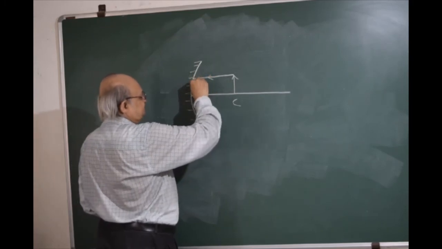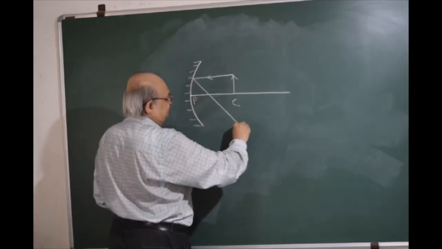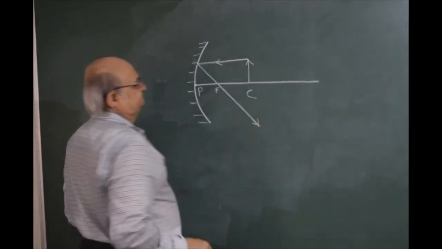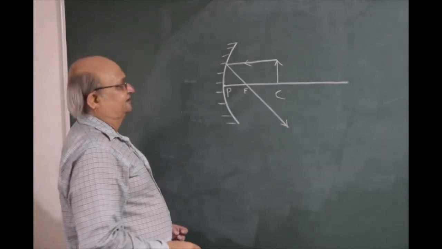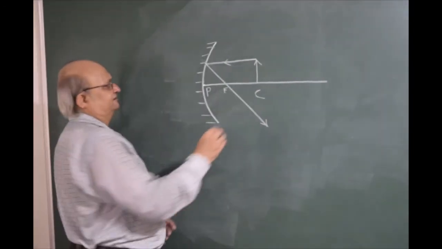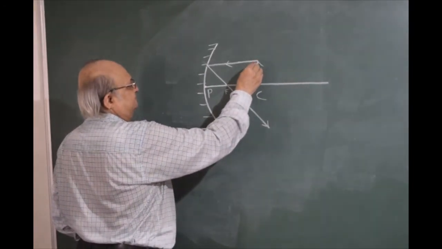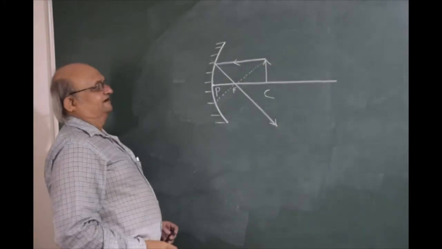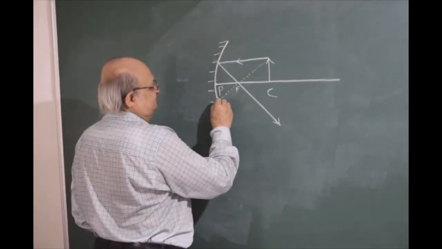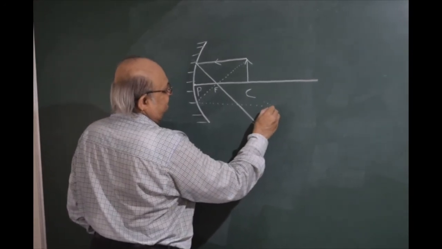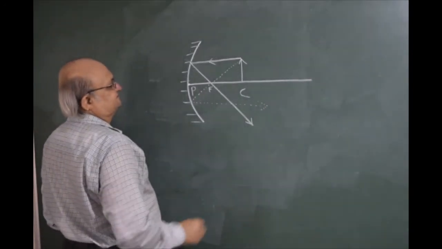No choice. After reflection will pass through the principal focus. And now we draw the third ray anywhere. We can draw a ray passing through the focus. After reflection will become parallel to the principal axis and will